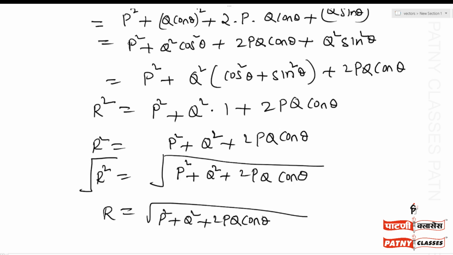This is the way we can find the resultant vector when the two vectors are acting at one common point. The very important condition is that both the vectors must act at a common point. If both the vectors are not acting at a common point, then we apply the triangle law of vectors. So be clear with the distinction between the parallelogram law and the triangle law. The parallelogram law is applied when both the vectors are acting at the common point, and the triangle law is applied when both the vectors are acting on the given object at different points.